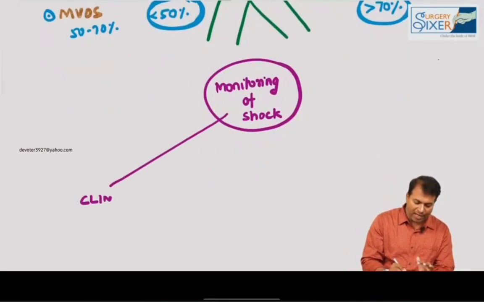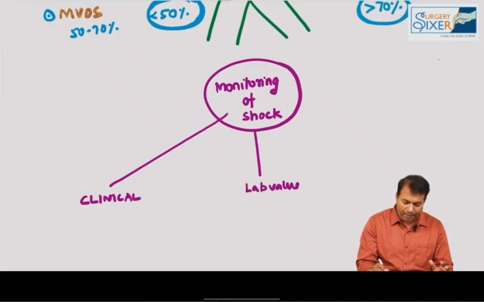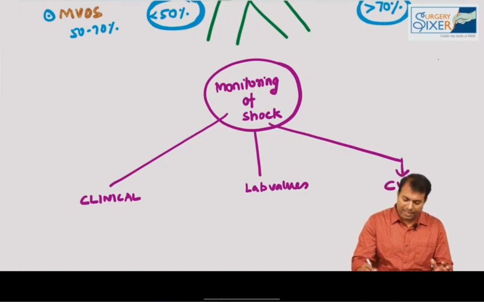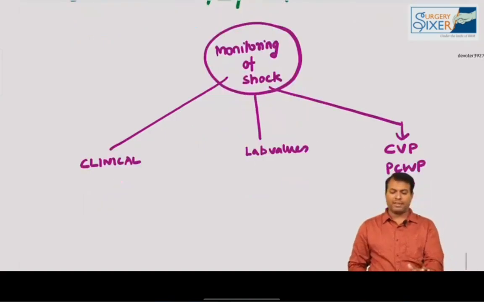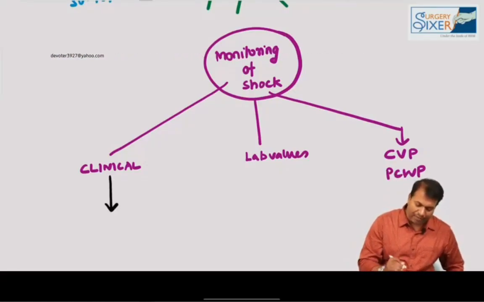Clinical monitoring is one type of monitor we have, just by measuring some clinical methods. Lab values are another method of monitoring. And measuring CVP or PCWP, central venous pressure or pulmonary capillary wedge pressure, is another method. So the clinical method of monitoring is the best of all. It is the best parameter to monitor